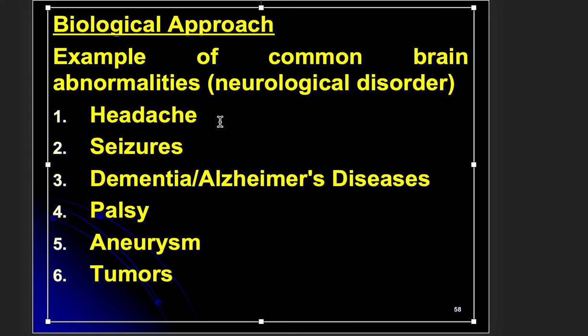Because some scientists said that it could be due to the blocking of some blood or air in the nerve cells or in the blood vessels in the brain. So that's the cause of the headache. It's not actually proven what a migraine is. But according to the one, it's brain abnormality.